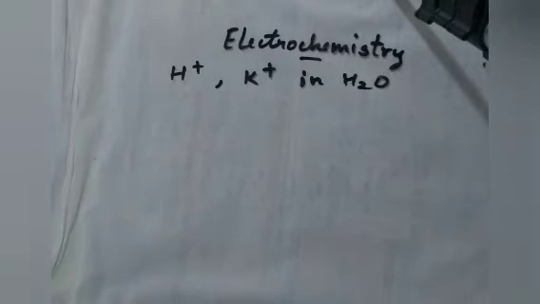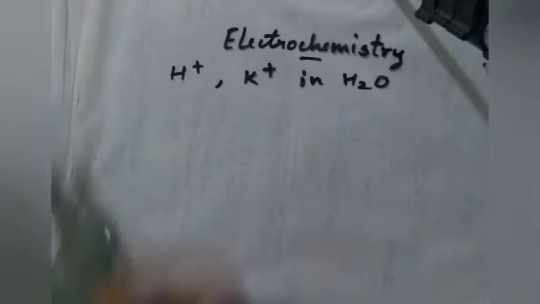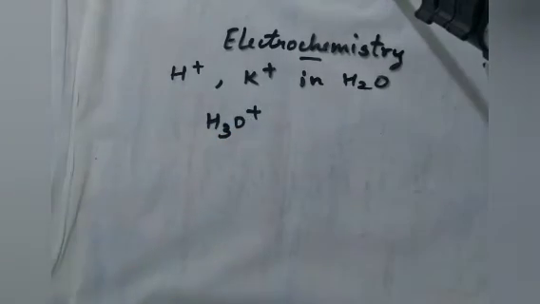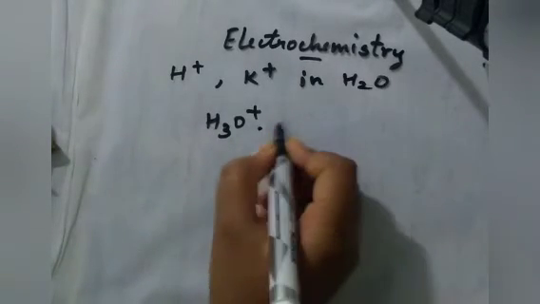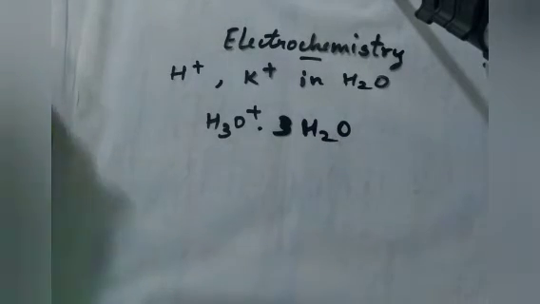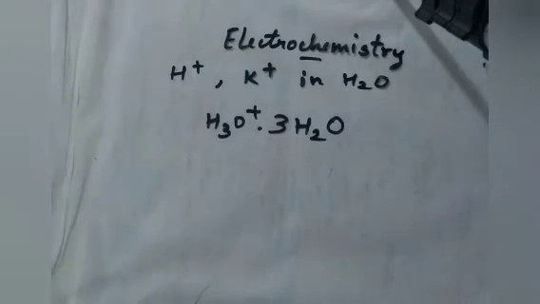We all know H plus ion in water exists as H3O plus, right? Hydronium ion. So in water it is also, like other molecules like sodium and lithium plus, being a small charge, hydrated, and the hydronium ion is particularly trihydrated and exists as H3O plus dot 3H2O. The structure of this is,